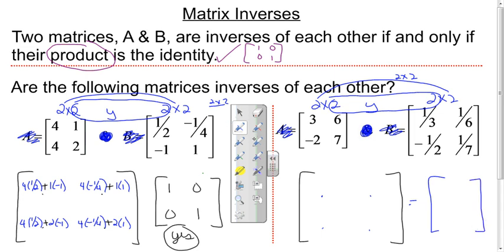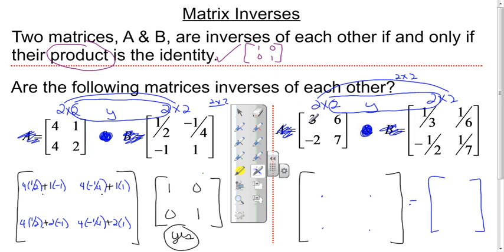And we see here something curious here. We see that each individual entry is the multiplicative inverse of each other in these matrices. Like the multiplicative inverse of 3 is a third, multiplicative inverse of 6 is 1/6, multiplicative inverse of -2 is -1/2, and multiplicative inverse of 7 is 1/7. So maybe they'll be inverses of each other. It seems like I just took the left matrix and did all the individual inverses,